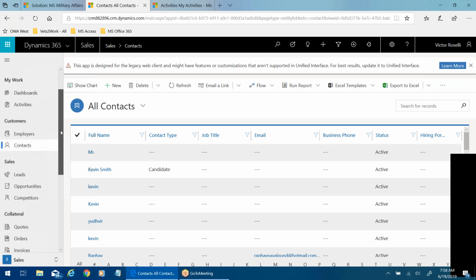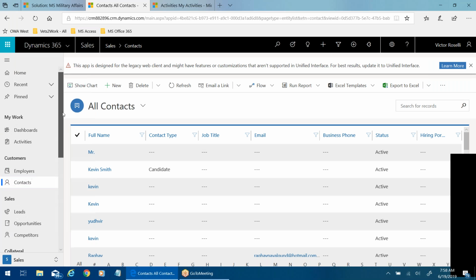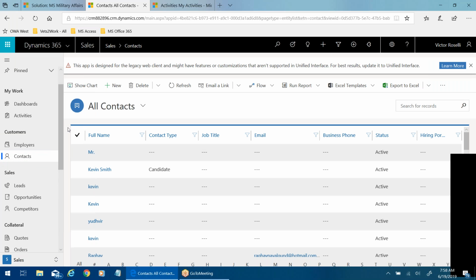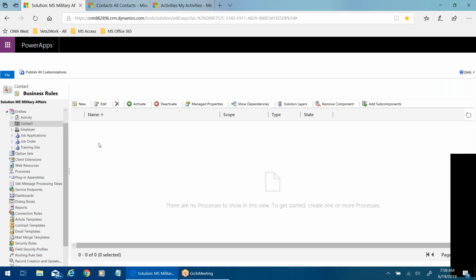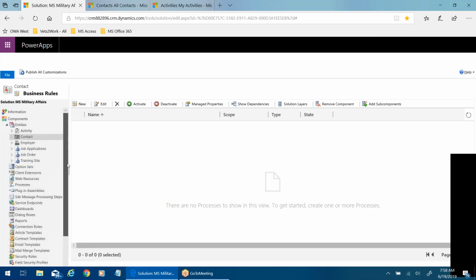So if we don't get this solved, that's okay. But here's the other thing: you do want to have these contacts in the same base, because you've got that connection between employers and candidates by way of the job orders and applications. You're going to want to have that for sure.